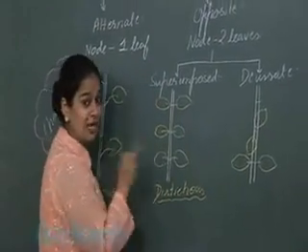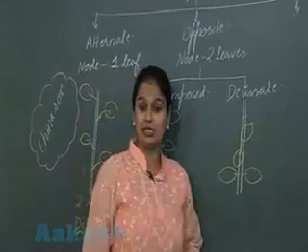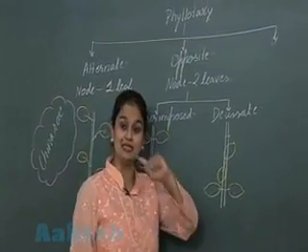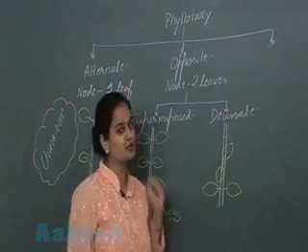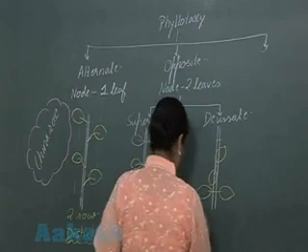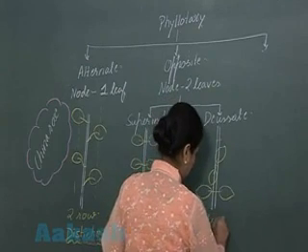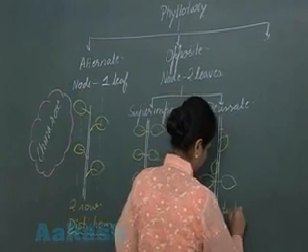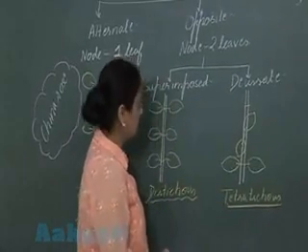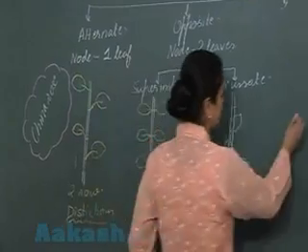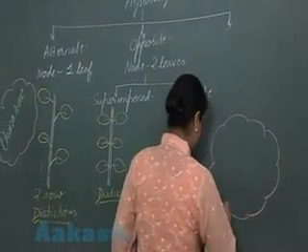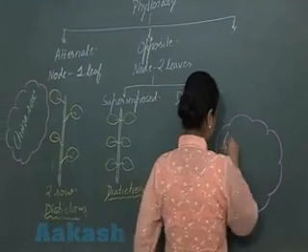But in the case of the decussate, here the leaves are present perpendicularly. So now in this case, instead of 2, there is a presence of 4 rows. If 4 rows are present, this condition is known as tetrastichous condition. Right? Now the opposite type of phyllotaxy is present in Calotropis. So you will write examples for this: